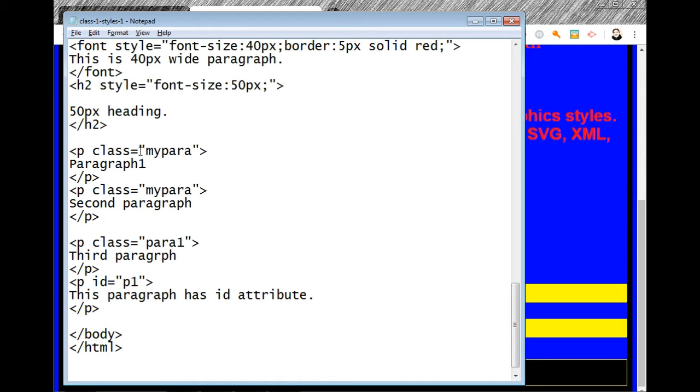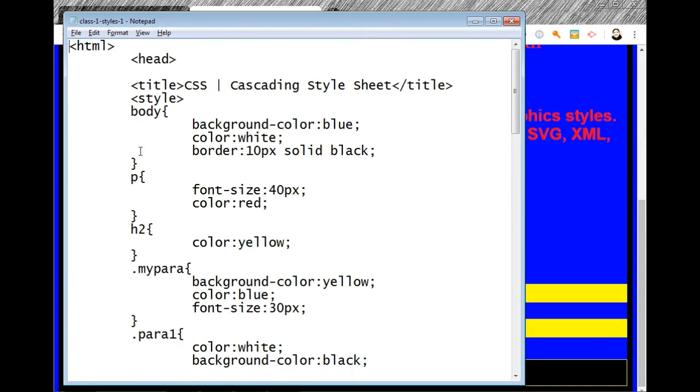Okay, so there are unique items, unique sections, unique paragraphs, unique forms, and there are repeated forms. If I use repeated, then use class. If you want to make it unique, make it ID, right? This is the second way of writing CSS. First way was inline, second way was internal. This is internal,